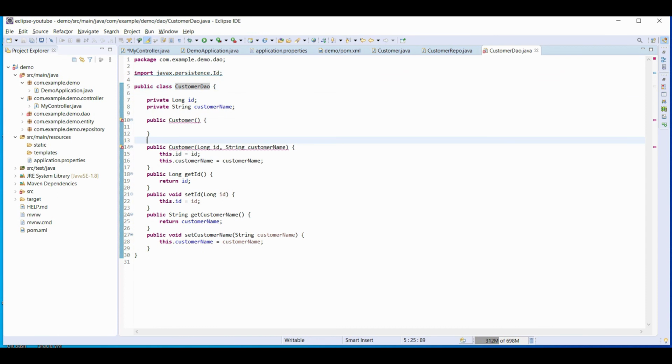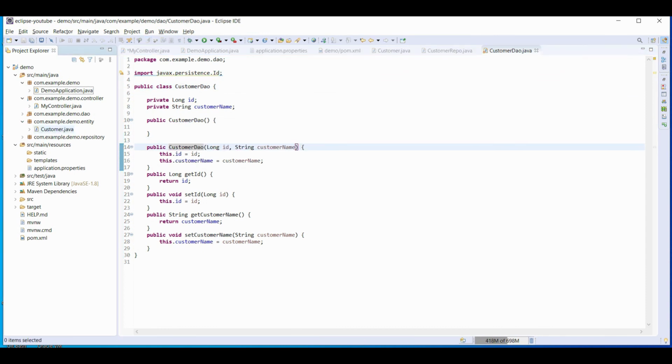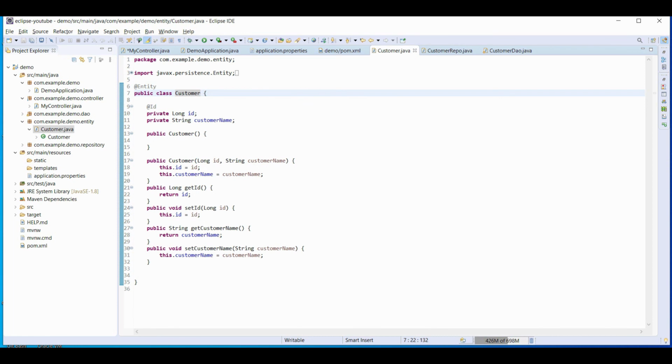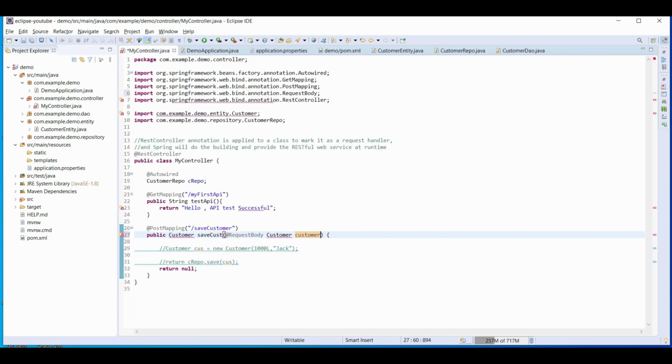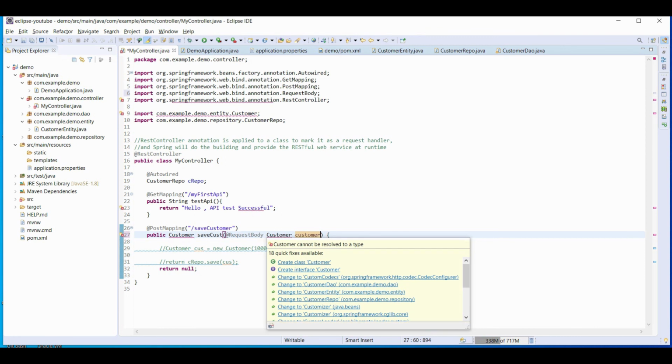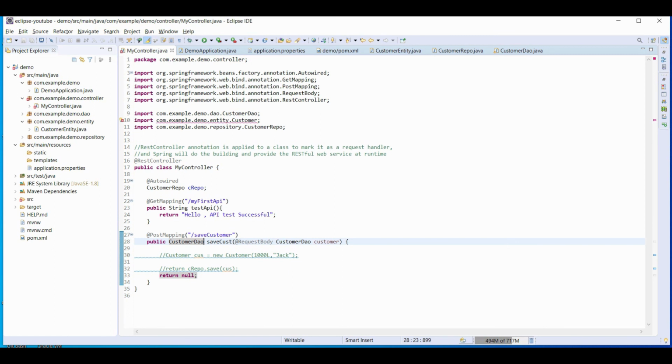So we have to change everything. Whatever is there in our entity class, let us rename it, just for better understanding; this is completely your individual choice what you want to name it. Let us name it customer entity, so we will be able to differentiate. Just make the changes accordingly. In customer repository we have to make the changes to customer entity, because we are saving customer entity. So here you have to pass customer DAO, and all errors are gone.